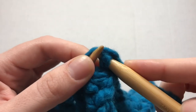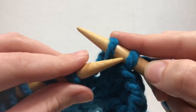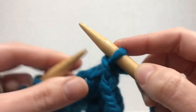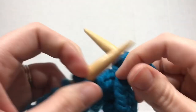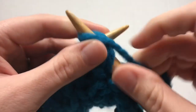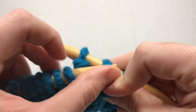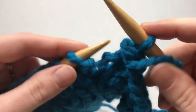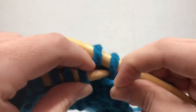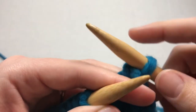You're going to take that loop and kind of just bring it up and over. Knit the next stitch. Take that behind loop. Bring it up and over just like that. Bring your yarn to the front because we're doing the purls now. So we purl and then grab that loop, bring it up and over, purl the next one, grab that loop, bringing it up and over, take your yarn to the back,